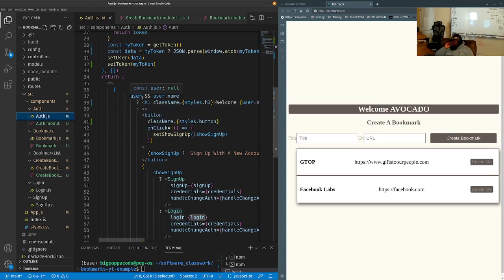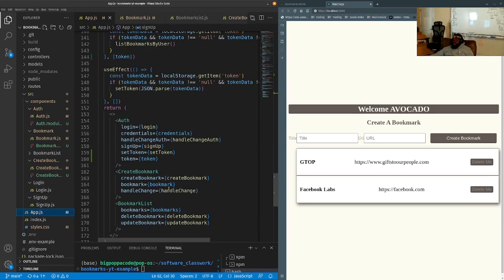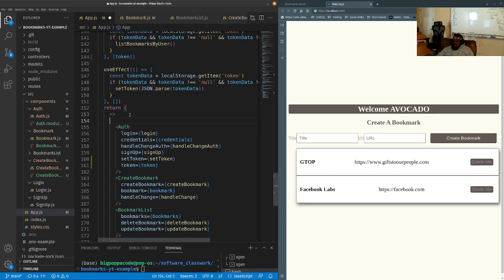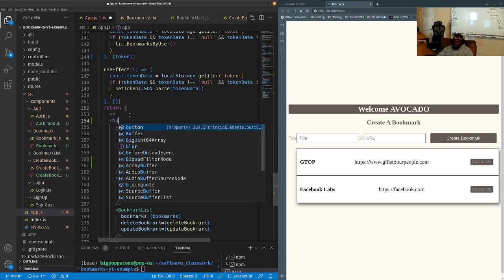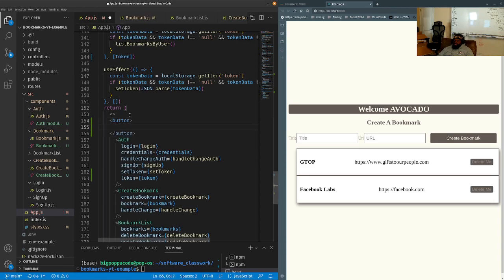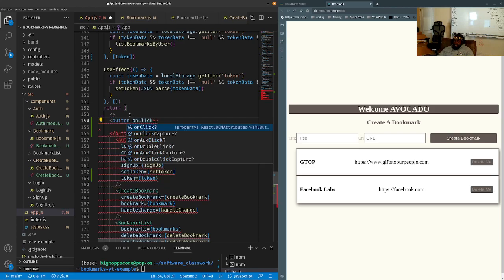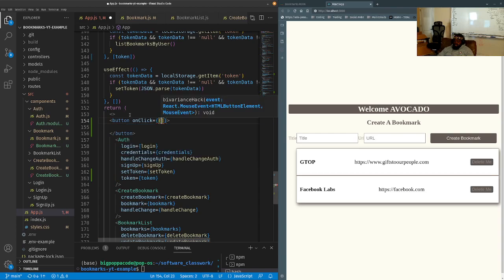What we're also going to do is right above that auth.js in the app.js, we're going to add a little button here. And we're going to say that on click, that button